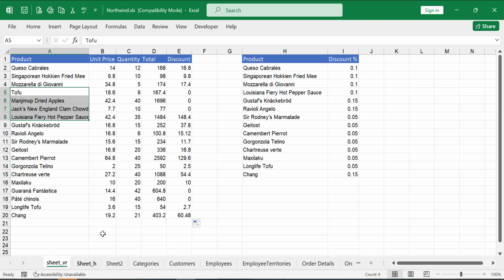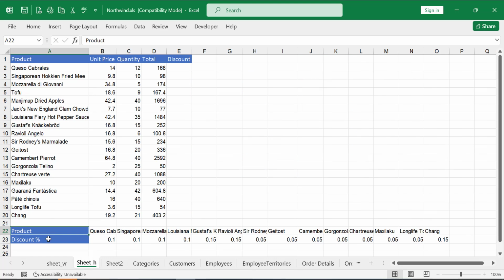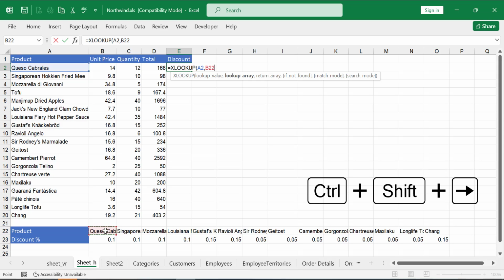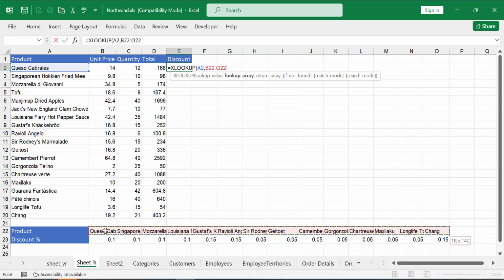Now consider this data. If this time it is in a horizontal layout, we can also use the XLOOKUP function to calculate the discount. We write equals XLOOKUP and we select the product, the lookup value, and we select the array to look up. We press Ctrl Shift arrow to select the lookup array and press F4